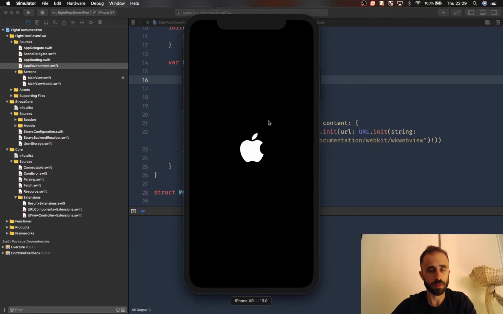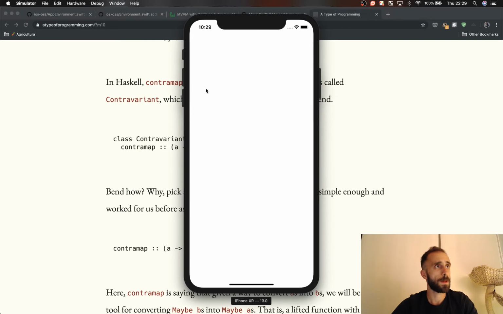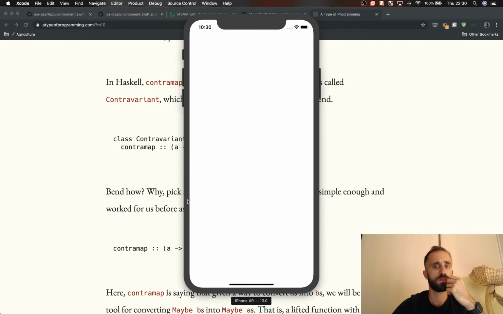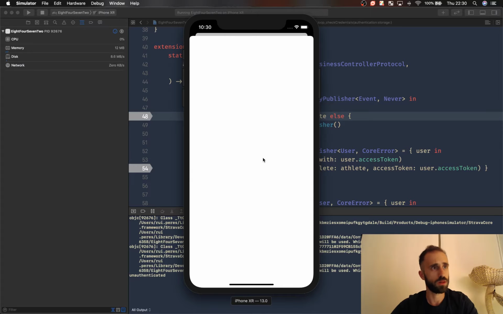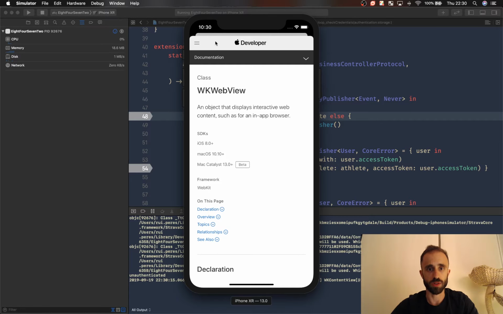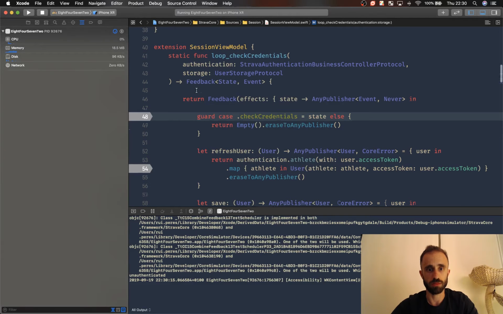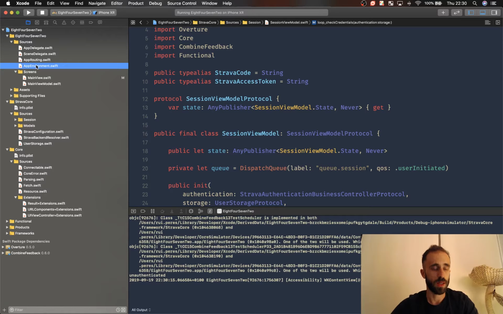Let me see. Is this working? Yeah. Okay. To be fair, this was already working anyway, but at least now I know why it wasn't. So this is okay. This is fine. This is working. And the idea for today is